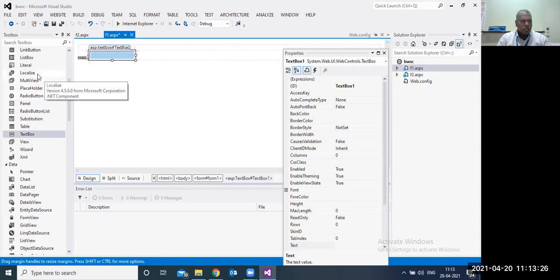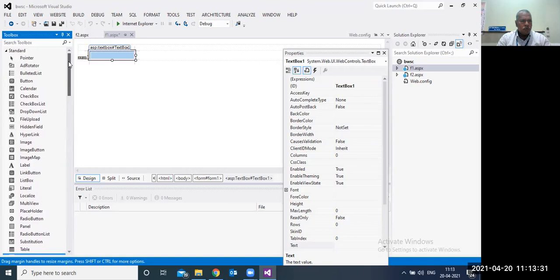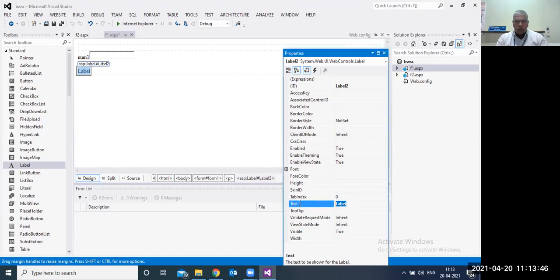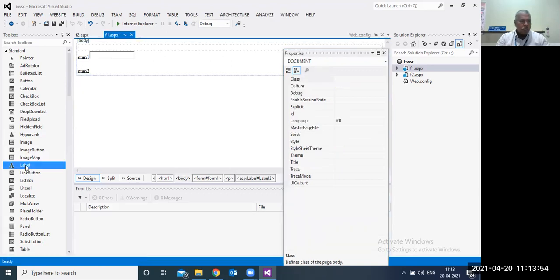So I am taking another label for number 2. I can drag and drop here. The property I will change it as number 2. For that I will take a text box.